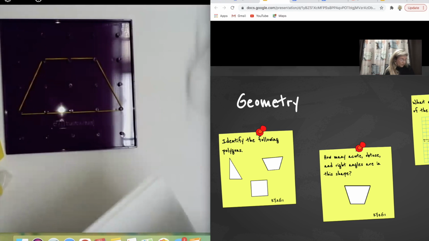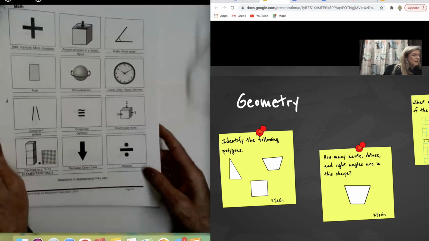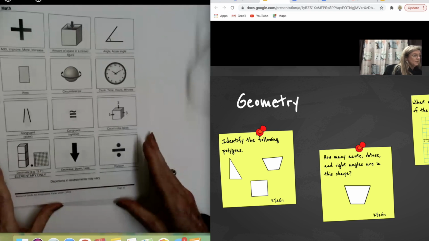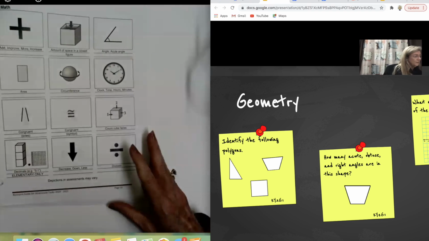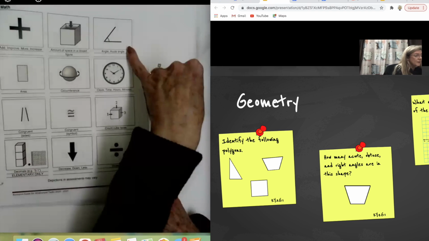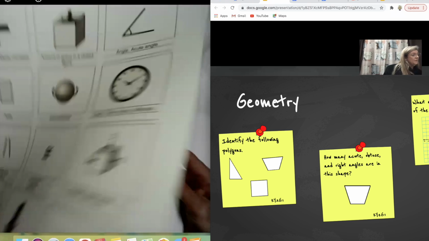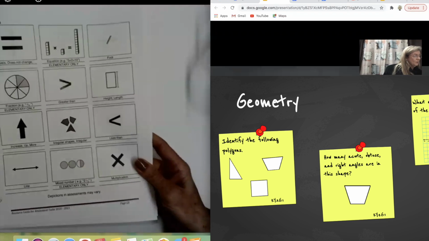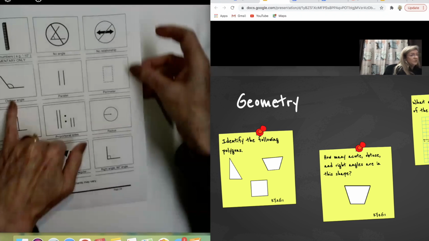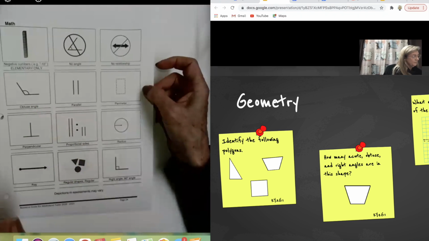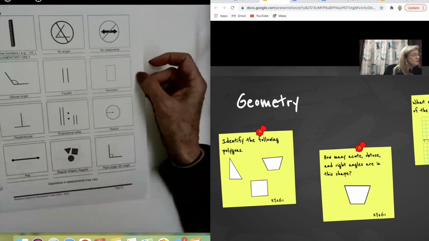But if you have your document, if not, when you do get your document, it has little cue cards that you're going to be able to use with the kiddos. They're in alphabetical order, and they're set up by subject areas. This one is a cue card for an acute angle. These are really nice. There's all kinds in here, but the obtuse angle, looking just for the angles here. And of course you have the right angle. So, nice little cue cards to give for the kids.